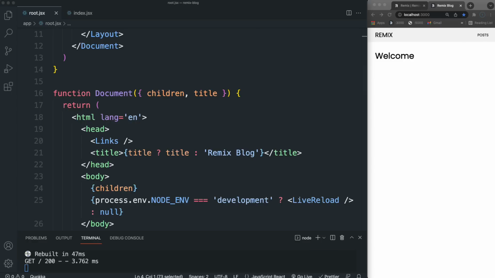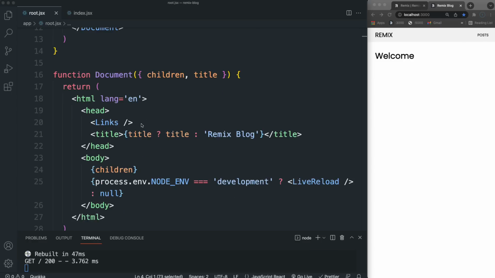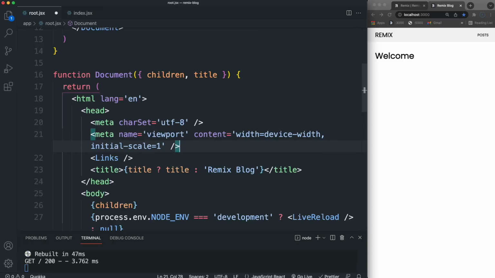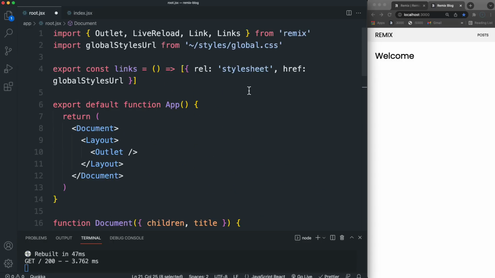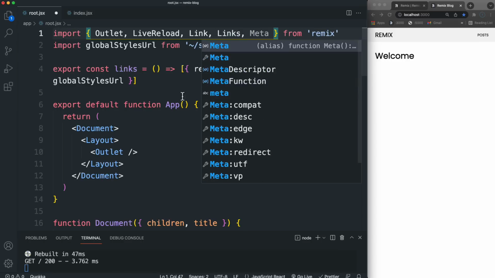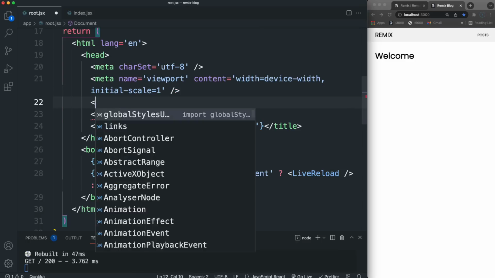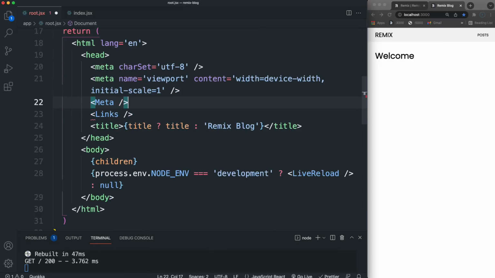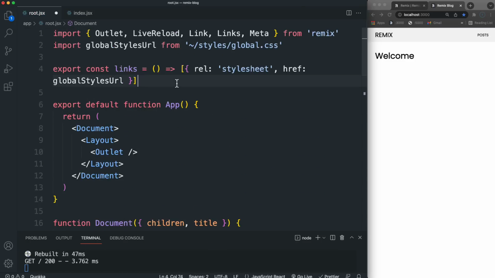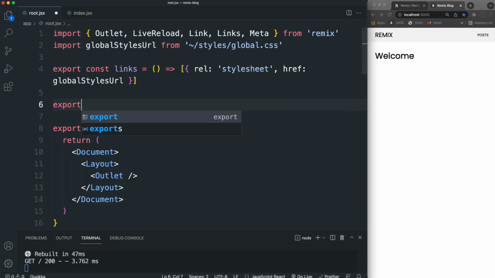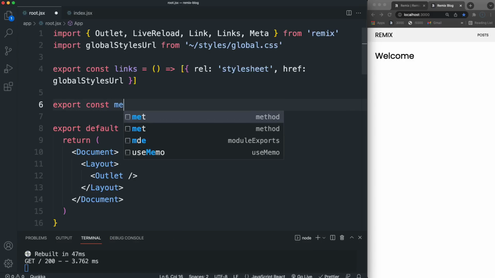and similar to that, we can do the same with meta tags. In some cases, you'll have meta tags where you're going to want the same ones on every page. For example, I'll paste in the character set and the viewport, but keywords and description, you're going to want that to be different on every route. So we can bring in meta, which works in a similar way. I'm going to put this right here. We'll just say meta, and then in any route module, we can create or export a function called meta,